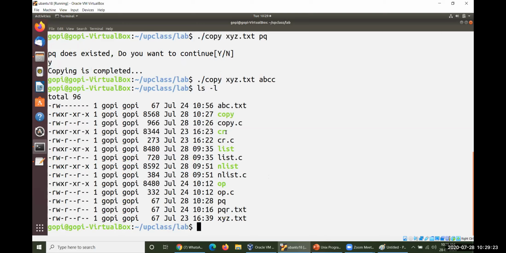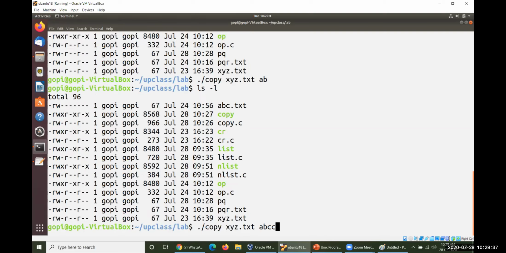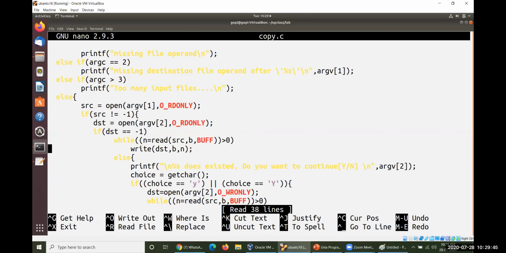Where is the file? It is not able to create. I don't know why. What happens to this? Let me open one more time, nano. Okay, the problem is, already your file has been opened in read-only mode.